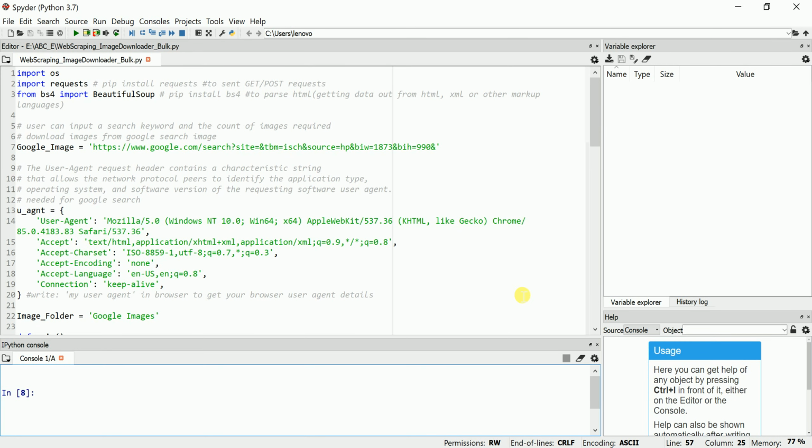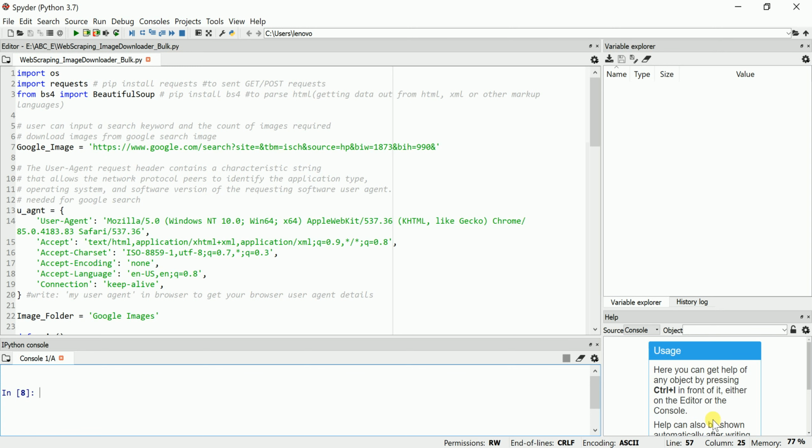Hi friends, myself Gautam. Today I'll help you to understand how you can do web scraping through the special library called Beautiful Soup. Before starting this, I would like to say a few things.